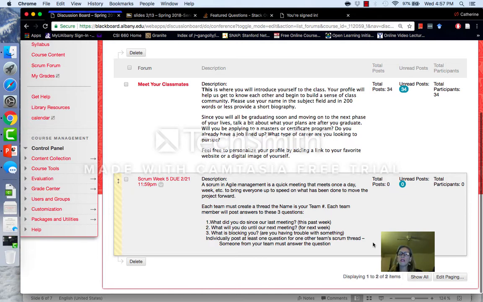It's going to be really interesting to be able to read what other people are doing. In my face-to-face class last night, I had everybody stand up and do their scrums, and the other people in the class were asking questions and actually solved some problems. Somebody said, well, I'm not really good at back end, and how would I do a database? And someone on the other team who does have really good back end skills said, just use an Excel file and populate it that way, just to make your application run. That was just one example. It was really productive, so I'm hoping that you guys will get that kind of thing out of this as well.